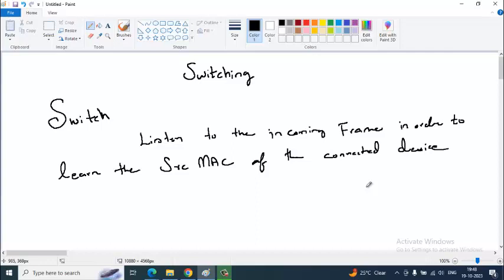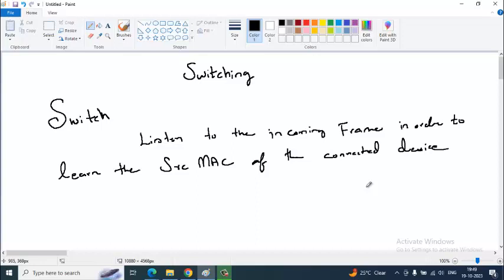They are listening. Listening is not only for switches. Even for us, listening is very important if we want to learn. Otherwise, no learning without listening. No possibility of learning without listening. Switches listen, hubs don't listen. Even a router listens. So that's why a router is a smart device, a switch is a smart device. Anything that listens is a smart device.